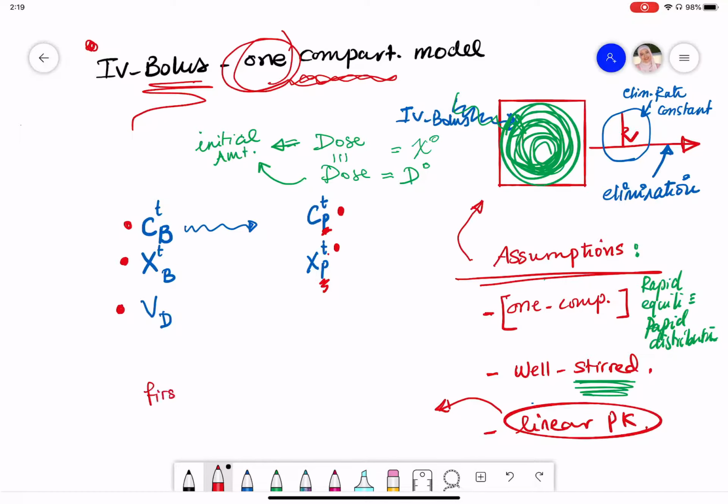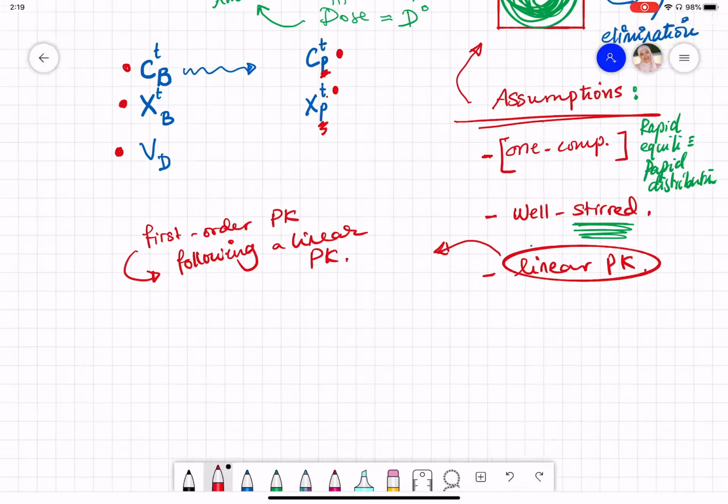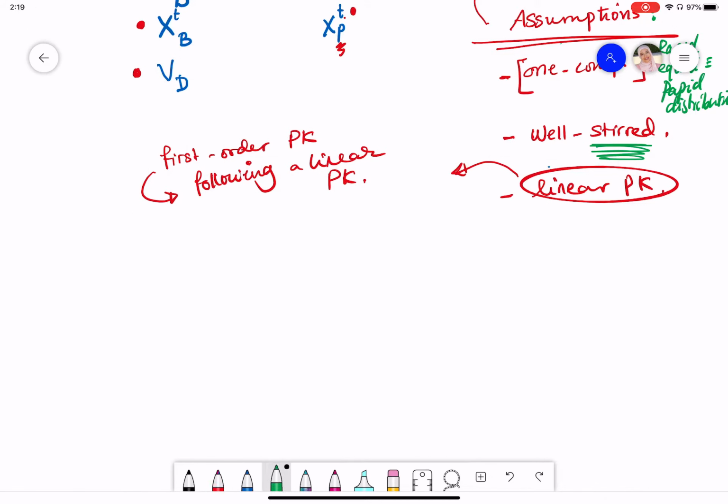first order kinetics, it means that the drug is following, or it's another term of the first order kinetics. The drug is following a linear kinetic. Okay, the same thing. So if we are talking about this, again, it means that the drug that we are